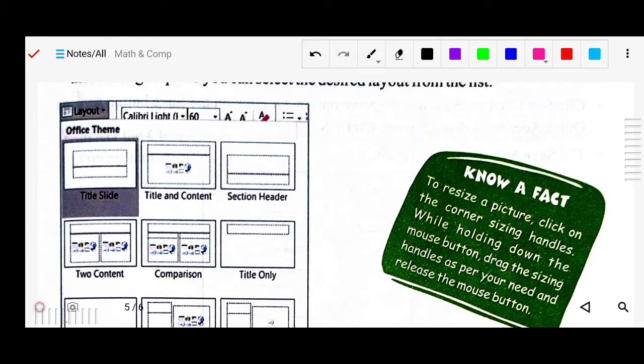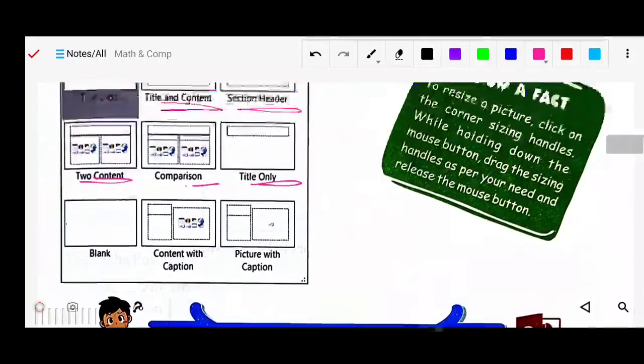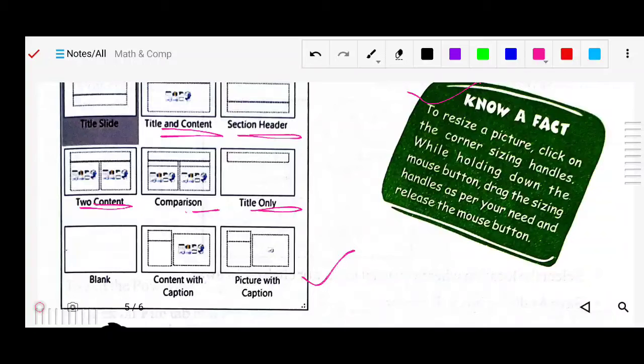You can choose this one or this one, and select any. Now, to resize a picture, click on the corner sizing handles. While holding down the mouse button, drag the sizing handles as per your need and release the mouse button. So this is how to change the layouts of your slides.